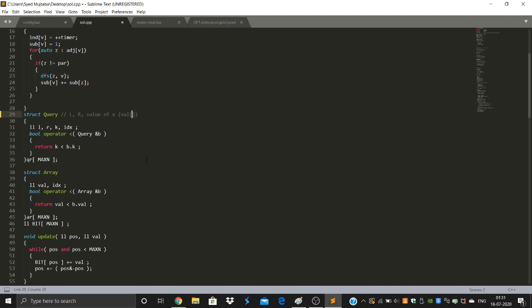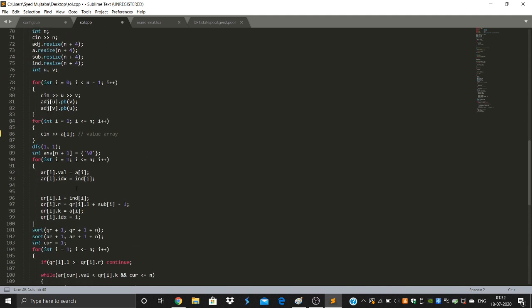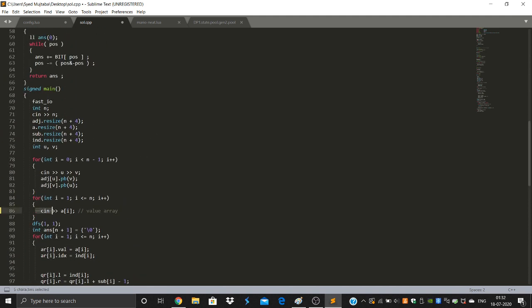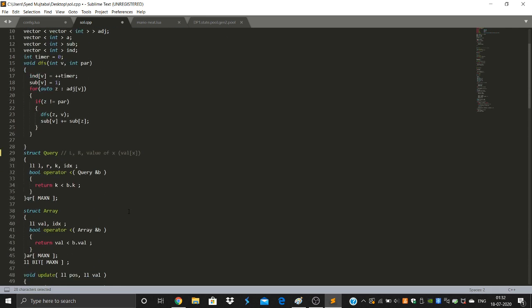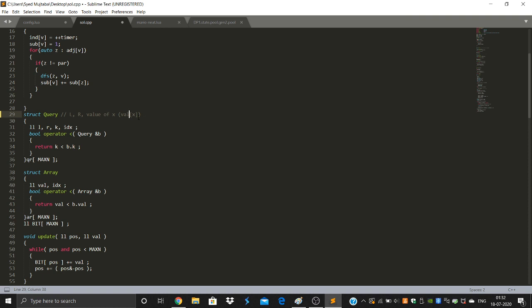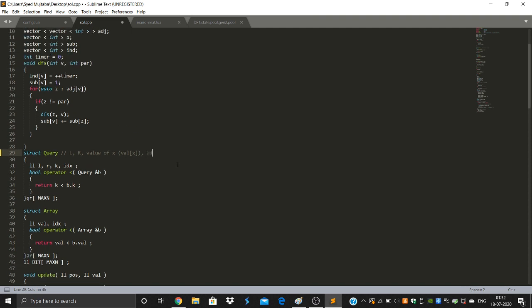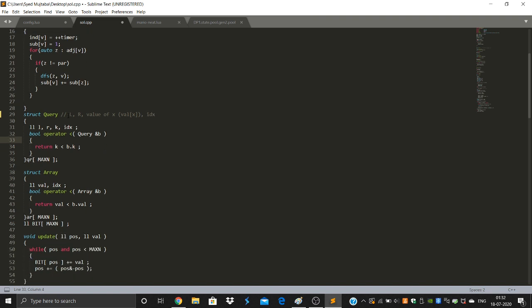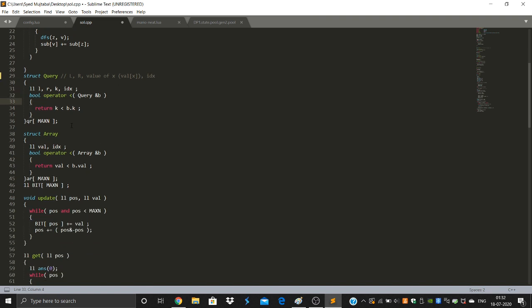Basically, we took val x in array A over here. We took its input over here, the value array. So we have the value associated, and we have L and R. Also we have the index at which it's present in the flattened array, IDX. So we want all this information. Along with that, we want to sort the queries and then process those queries in sorted order.